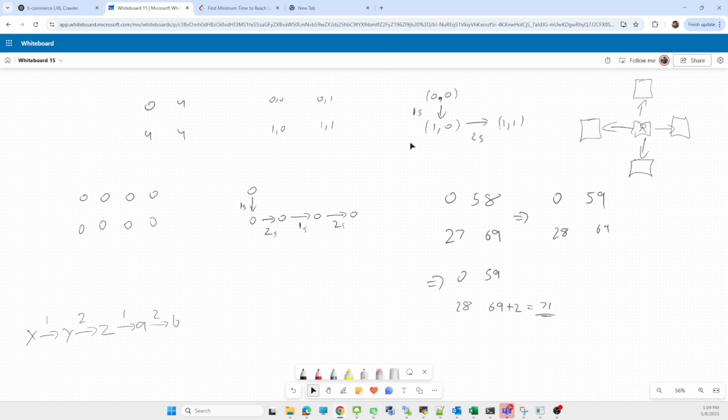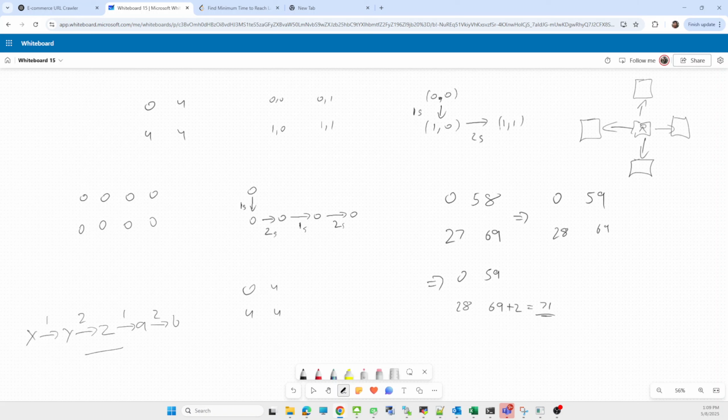First think about what we have to do. This is our matrix: 0, 4, 4 and 4. What do we mean by this 4?